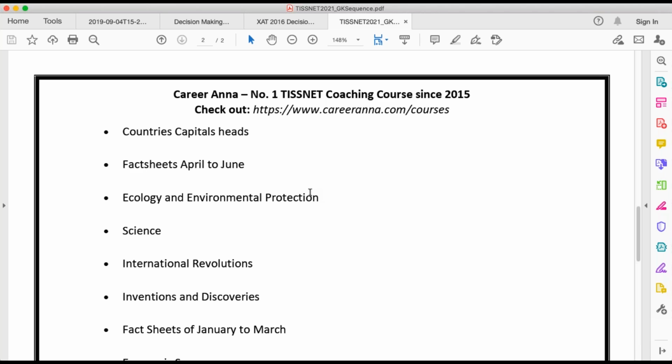Paris Agreement is important. You should remember not all the protocols, but at least the gist of the Paris Agreement. Which countries have signed it, which countries have denied to sign it, et cetera, is what you should know, Shibashish. Knowing all the protocols is not mandatory, but at least know which countries have signed, which have not signed, and what is the principle of it.